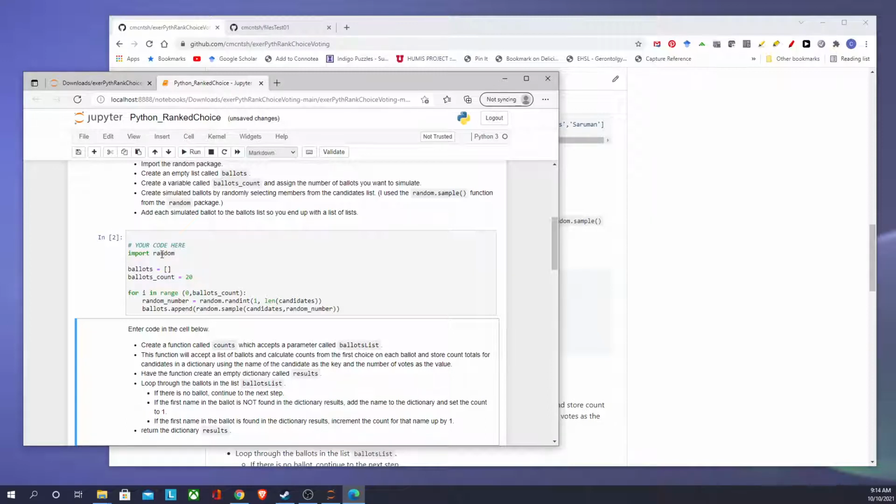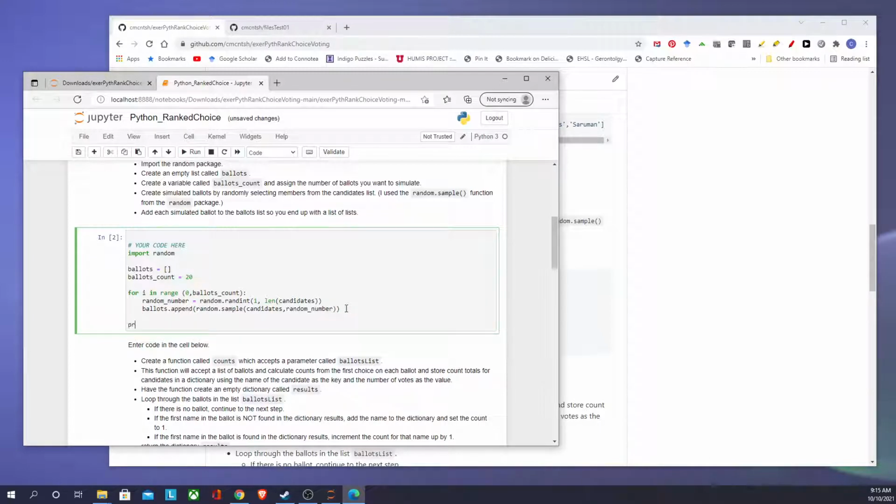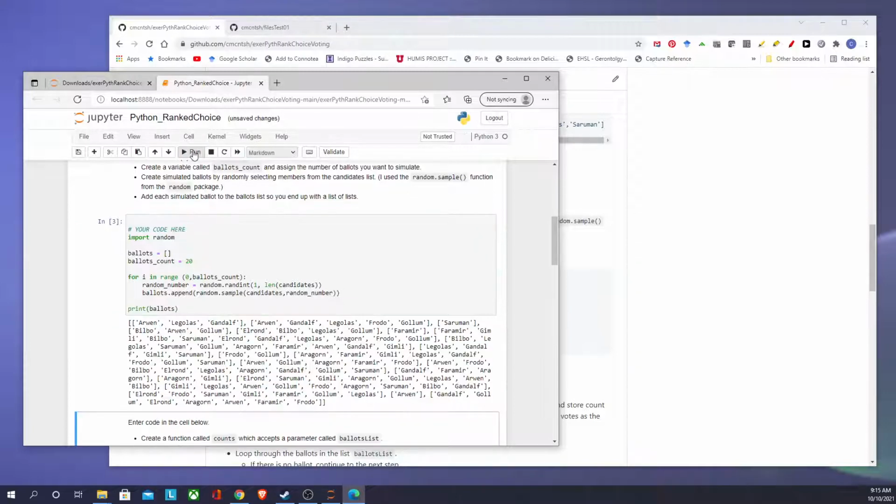Normally, it's good practice to import all of your modules at the beginning, but since this is an exercise, I'm just importing them as I am using them in my code. I think it's a little easier to understand that way for learning purposes. And you might try printing out, if something is created here and we run it, what you can see here is